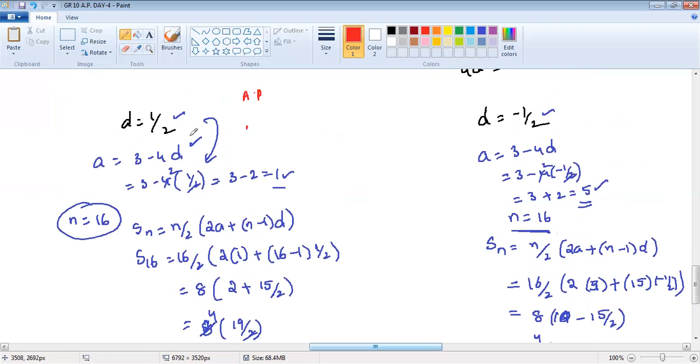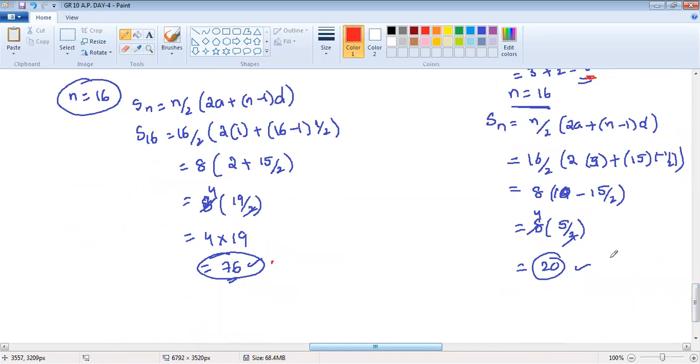So now first term is 1. Next term, half. So increase 1.5. 1 by 2 means half, 0.5. So it is increasing because plus 1 by 2. So next one 2.0. Next 2.5 and so on. Then here, this is 5. So first one is 5, then minus 1 by 2. So half, 4.5, next 4, 3.5, and so on. So this is a way we are supposed to construct the arithmetic progression, and after that if they're asking any kind of question to find a Sn value, please, you are supposed to do that. In case if you miss out, that's all.